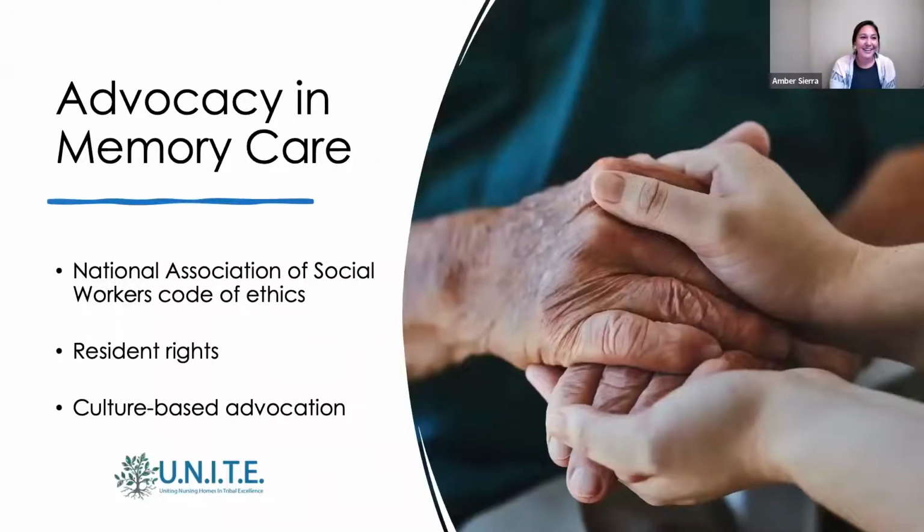Thank you. Advocacy in memory care is working with people with dementia or Alzheimer's who may be unable to make their needs and wishes known, or otherwise not be able to verbalize what their needs are. And sometimes, I know with people who have dementia or Alzheimer's, it is really hard to understand what message they're conveying. And so my job as their social worker is to help translate the information they're trying to convey.